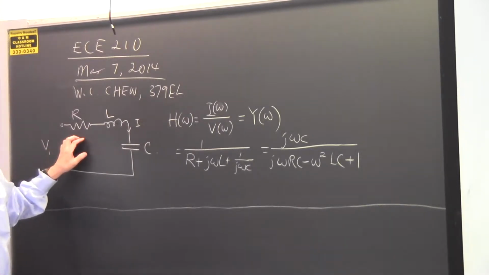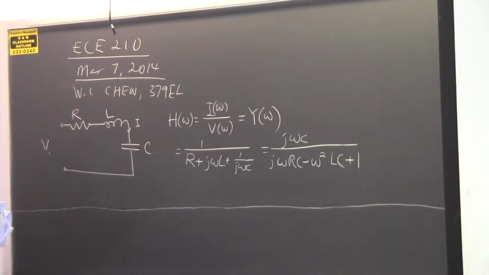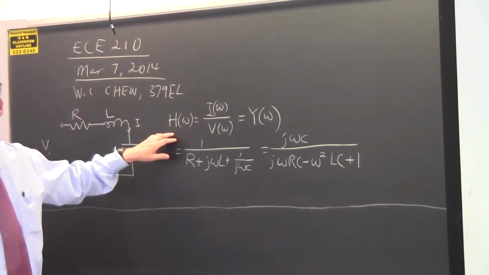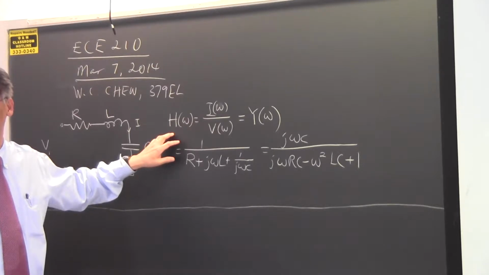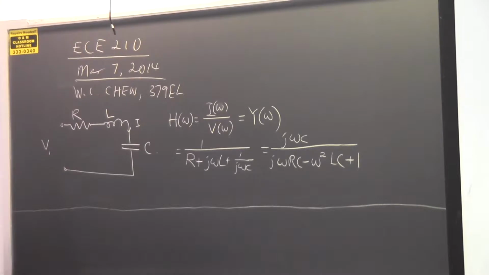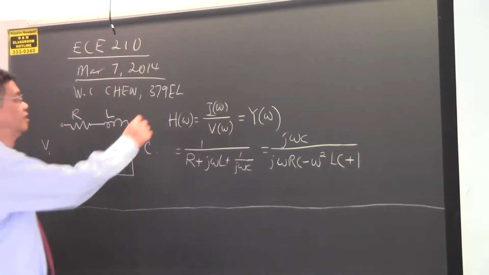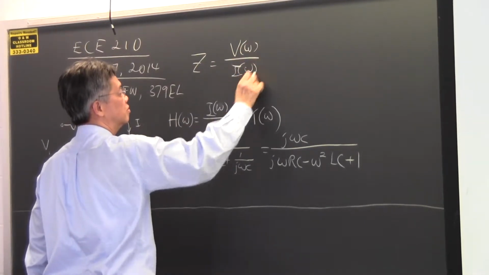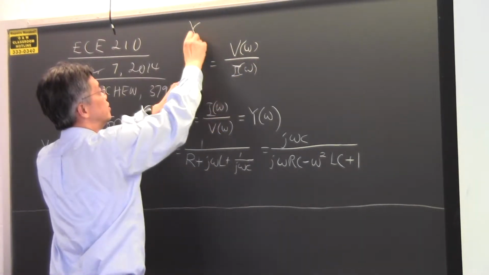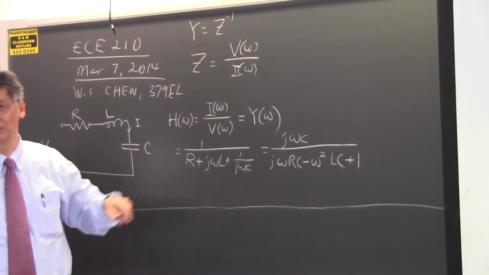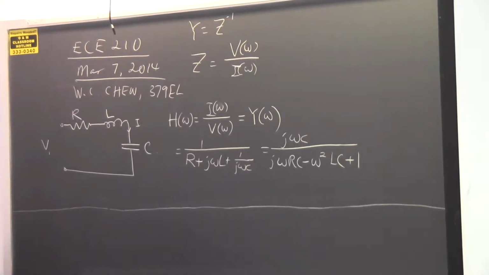Yes? So is this a ratio of current over voltage? The transfer function, the response function, can be defined to be a ratio of two quantities. Here I define it to be the ratio of the current over the voltage, and that is actually the reciprocal of the impedance. The reciprocal of the impedance is also called the admittance. And we define this to be the admittance of the circuit. And it's just to show the fact that this admittance has resonances,